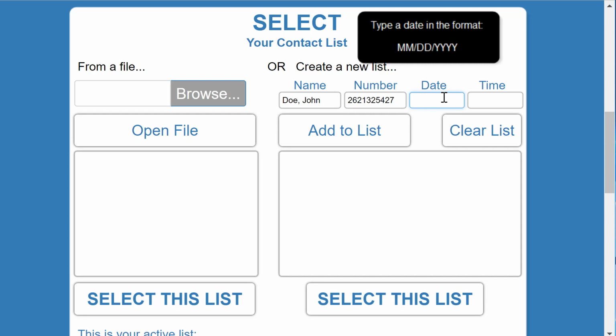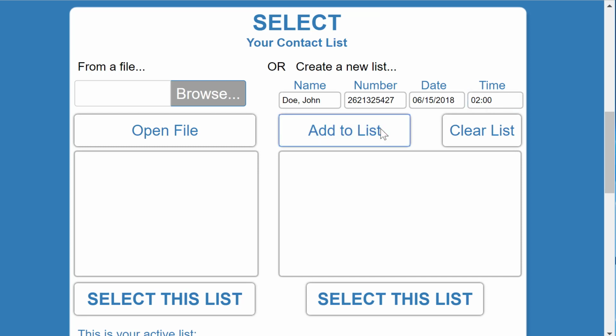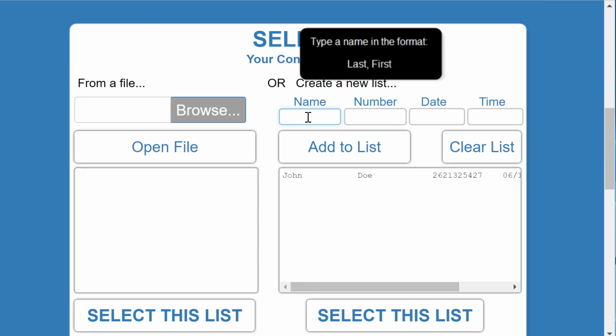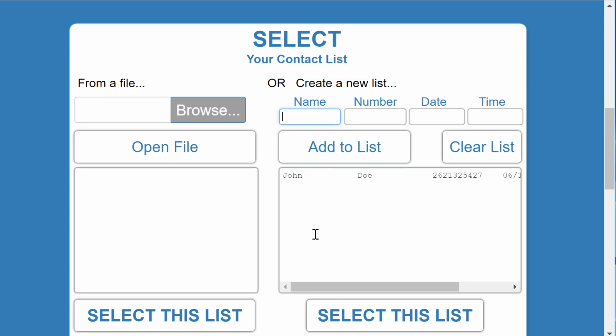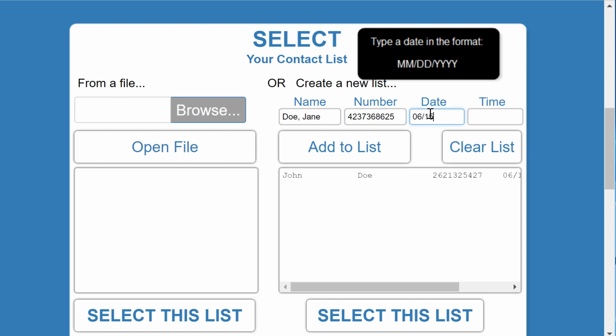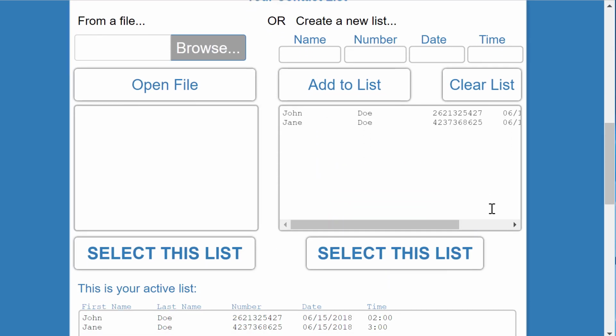We type dates in the format month, day, year, and times in the format hour, minute. Then click Add to List, and the contact I just typed in is added to this list. I can continue to type in new names and add them to the list. After we're finished adding names to the list, we can click on Select this list to select this list as